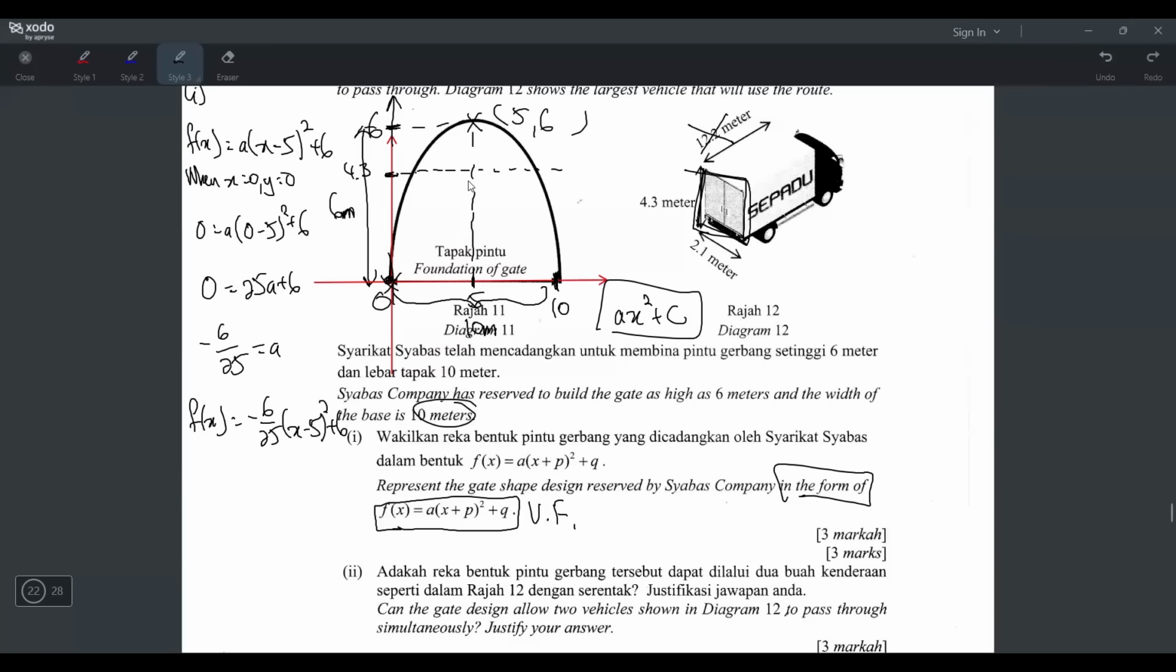The height confirm can fit one, just the width only. So what we have to do is we have to tarik satu line macam ni, and this vehicle number 1, this vehicle number 2 lah. And then we have to find out this and this, and then find out the panjang from here to here. Okay, if the panjang here is less than 10, then can fit lah. All right, so what I have to do now, find out